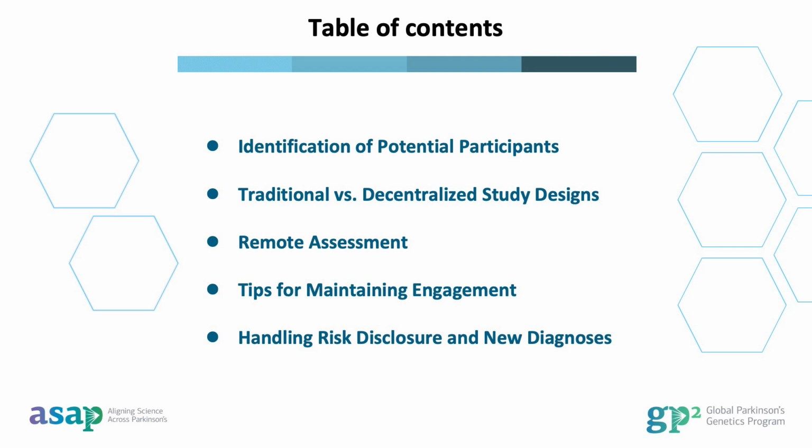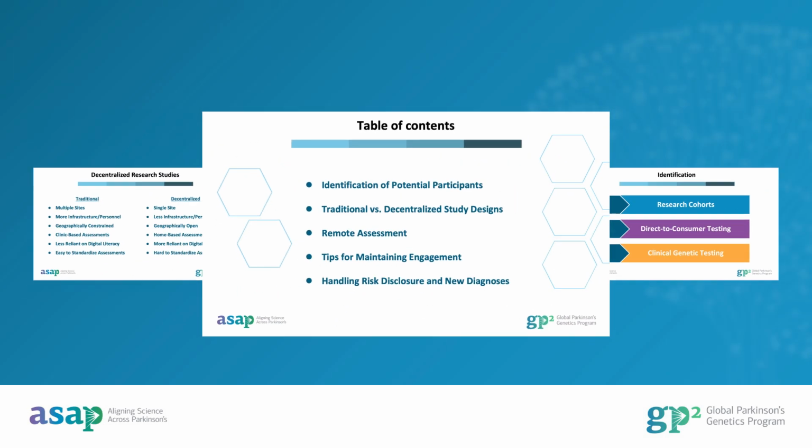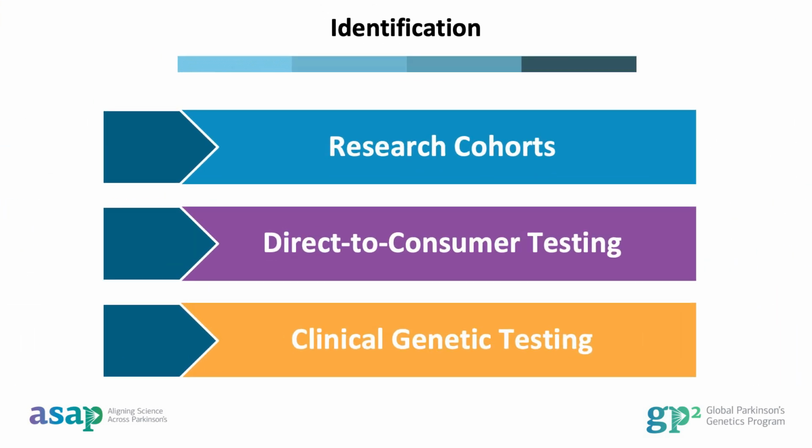without a clinical diagnosis of Parkinson's disease, then provide a comparison of traditional versus decentralized study designs, review methods and types of remote assessments, discuss tips for improving study retention in decentralized studies, and lastly, review how to handle risk disclosure in new diagnoses. There are three main ways to identify genetically at-risk carriers that do not involve widespread genetic